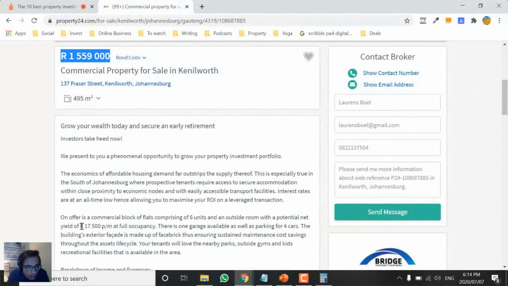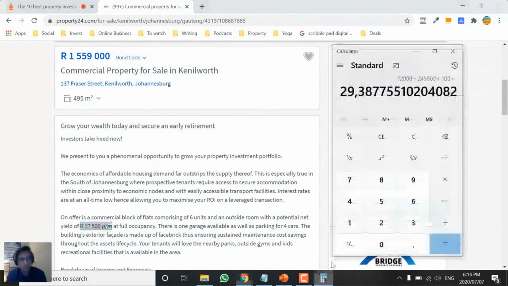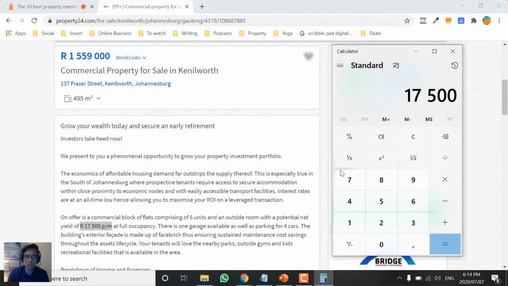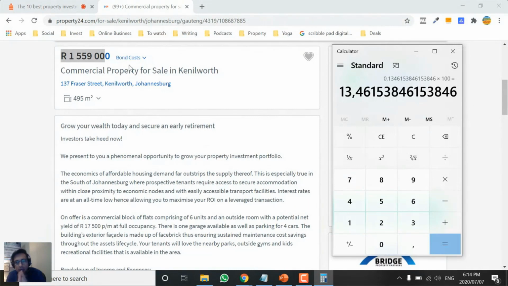And then here it says a yield or rental of 17,500 per month. That's probably not going to be a good yield. So 17,500 times 12 divided by this figure here, right? Our asking price 156,123 times 100. So this now for me is a 13.4% gross yield. This doesn't meet my minimum requirements. I would maybe put an offer on this property, but I'd have to put in an offer at maybe 1.2